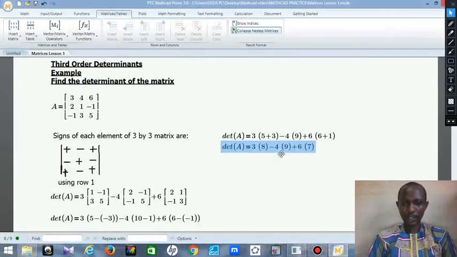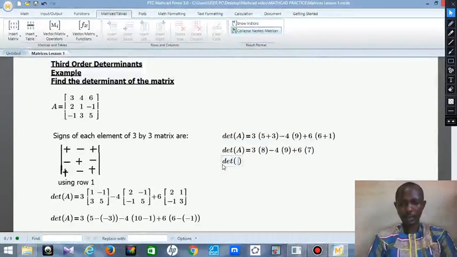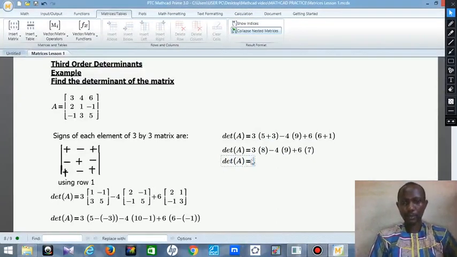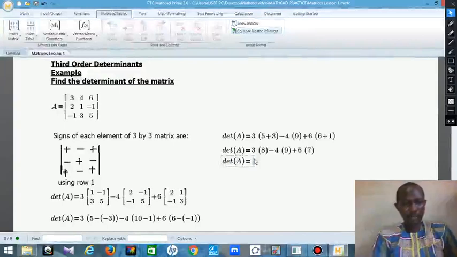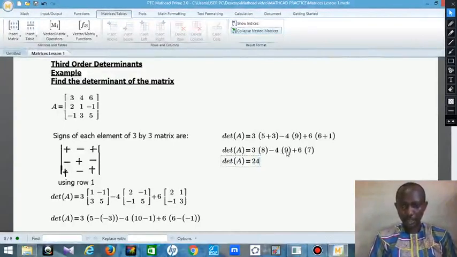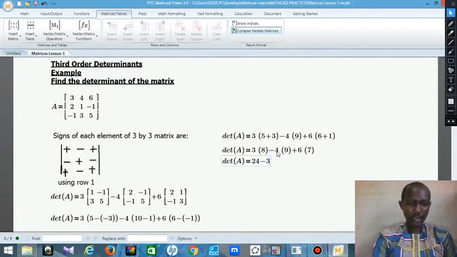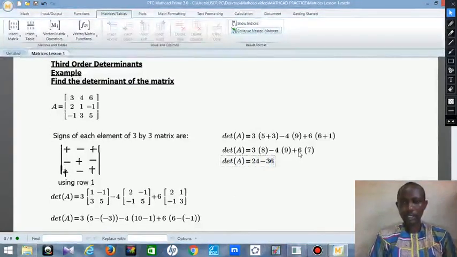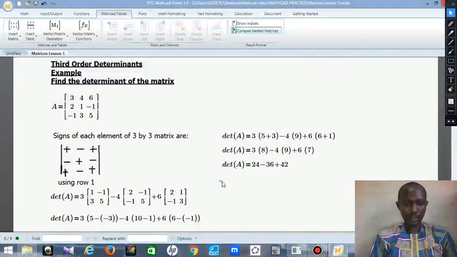Then finally we have DET, open bracket, capital A will now be equals to, so now 3 times 8, you have your 24. Then minus 4 times 9, so that will give us minus 36. Then 6 times 7, we are going to get 42, which is plus 42. Then finally our answer is